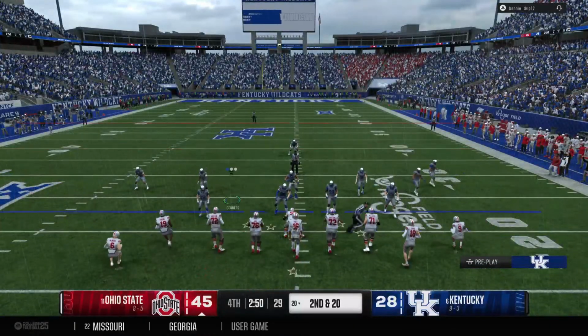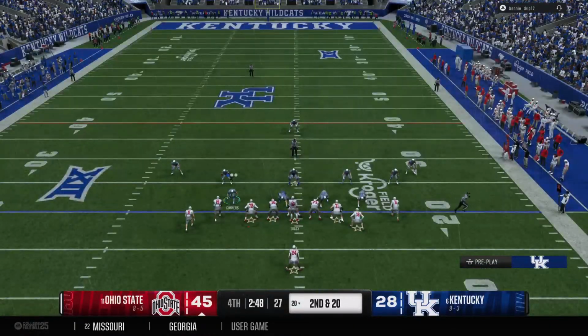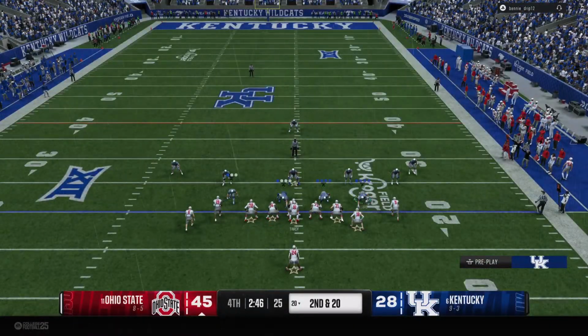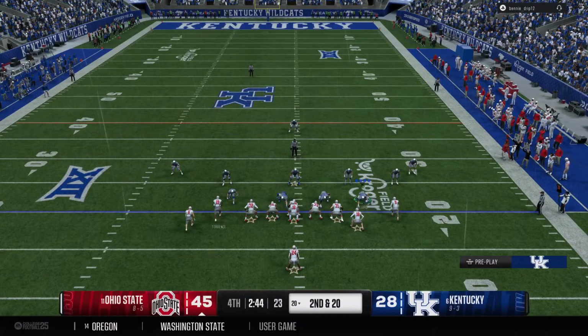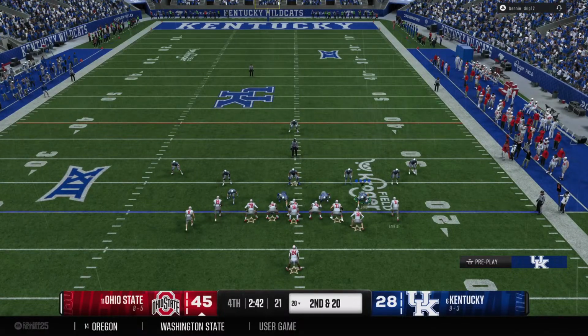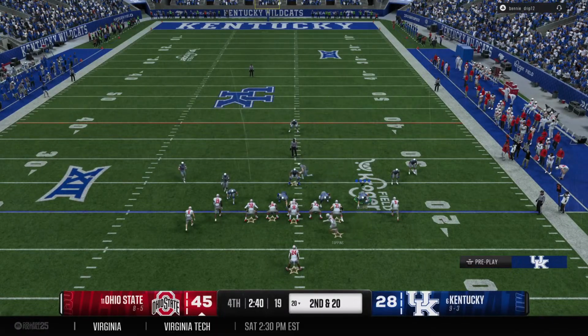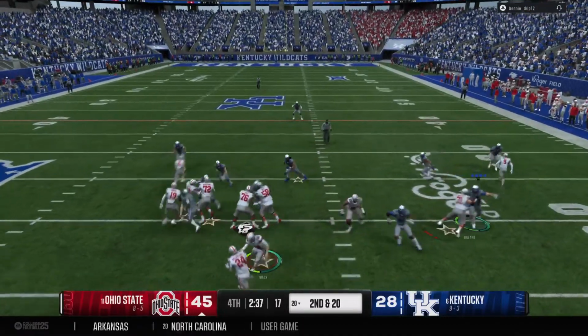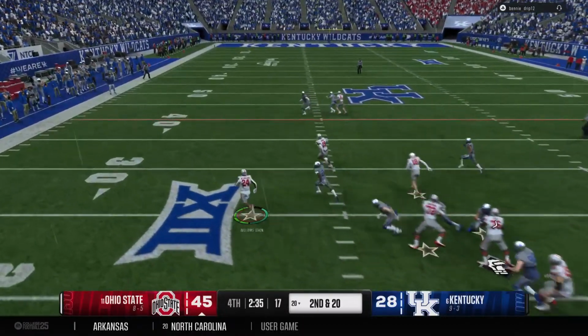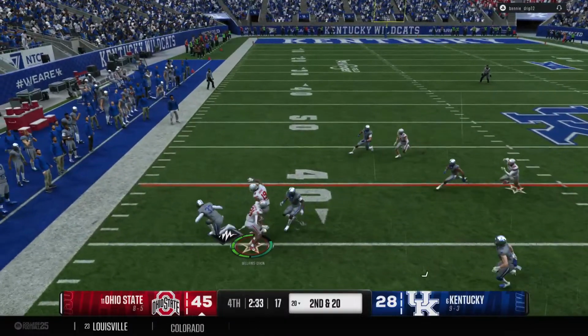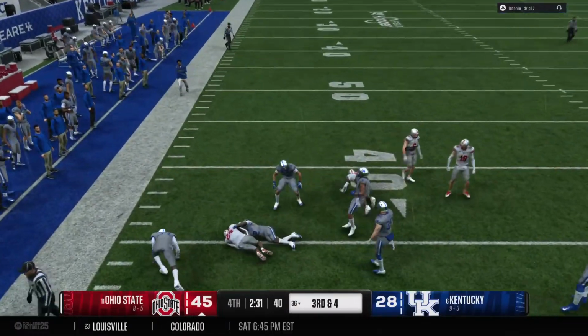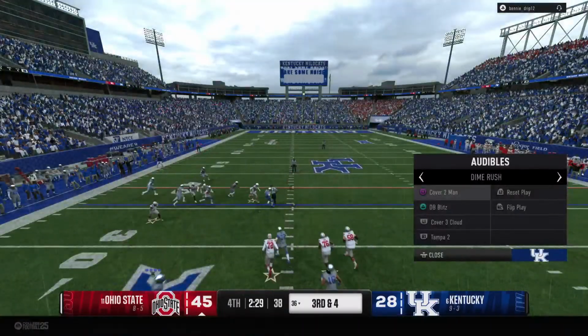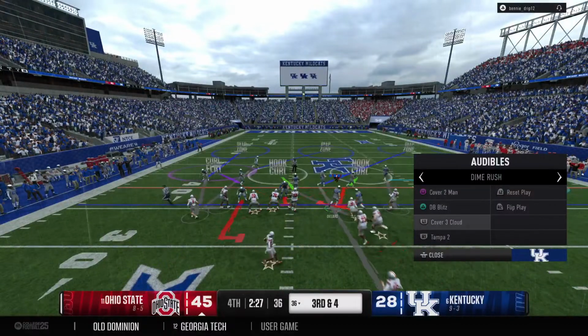So it's second and long at the 20. Tight end goes in motion. One man in the backfield, and he'll get the football. Finds room at the 30. And he'll be brought down. Well, we got a smart offensive coordinator on our hands today, Chris.